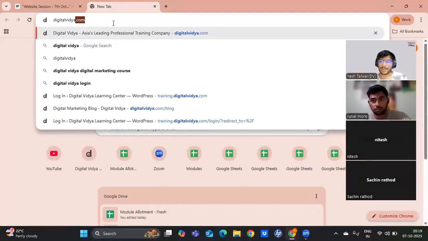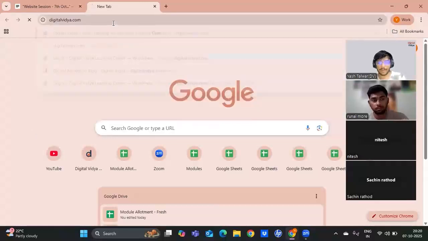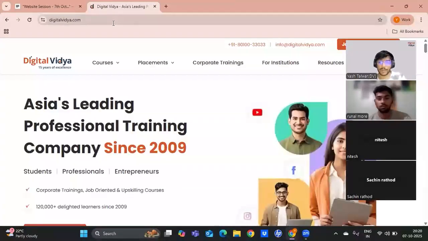It will look for the IP address, and then it will take me to that IP address. The host will send the files of my website to my browser, and that is how I will be able to see the website. All of that is going on in the background as soon as you press enter.